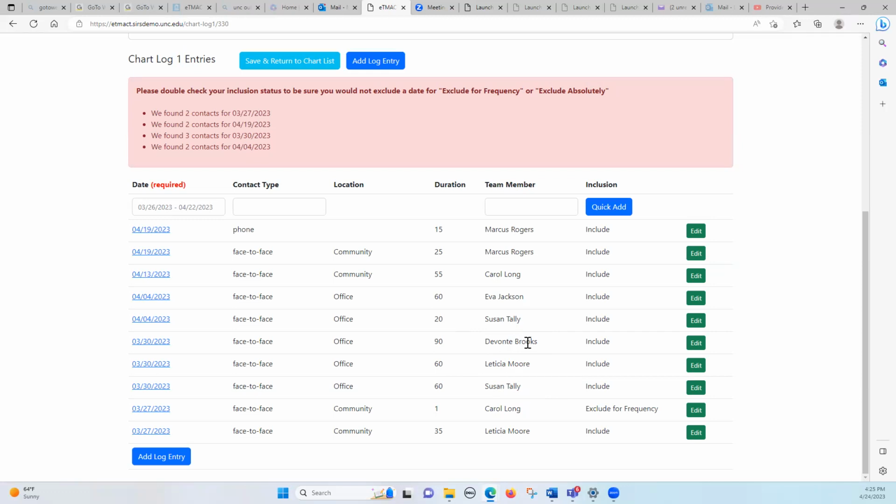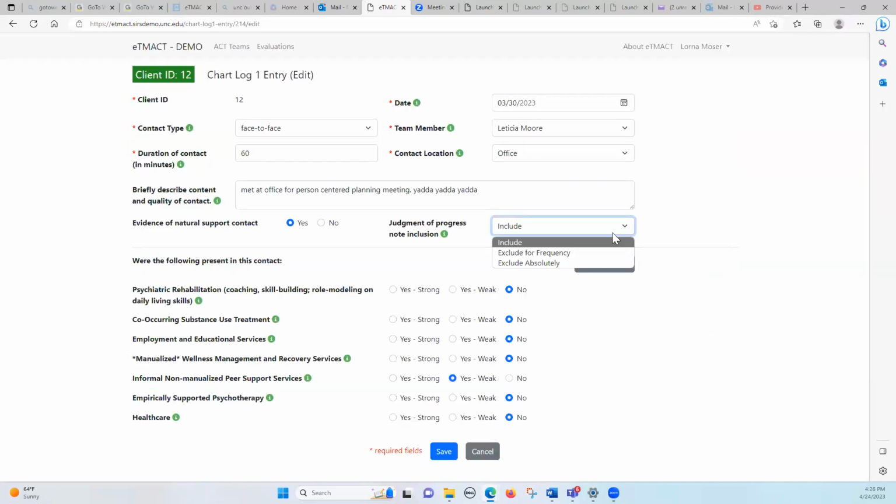We also want to manage the frequency of contact because right now the system thinks that client ID 12 had 3 visits that day, but really it's 1. So we're going to keep Devontae's note as the primary one, and we're going to make adjustments to Letitia and Susan's notes. So you hit edit, you're going to exclude for frequency,